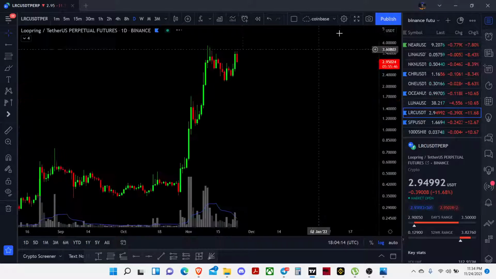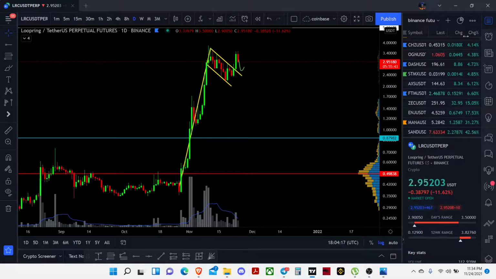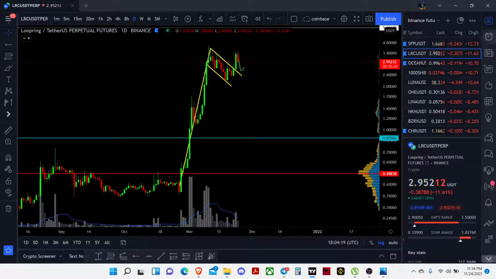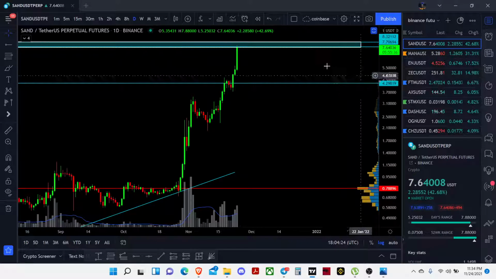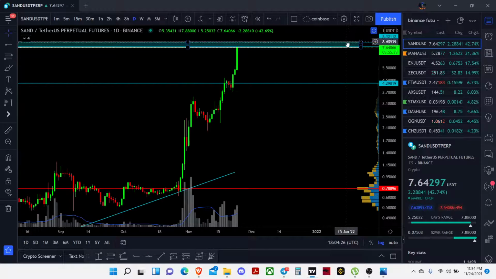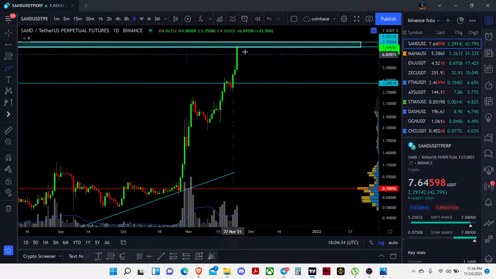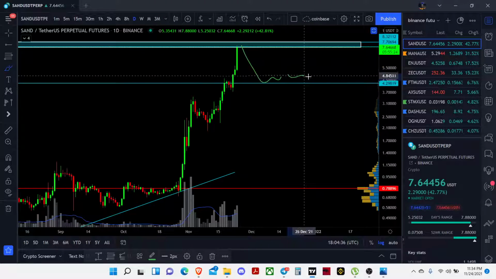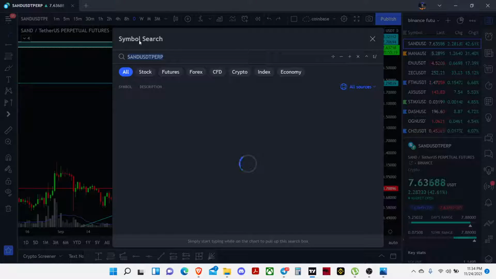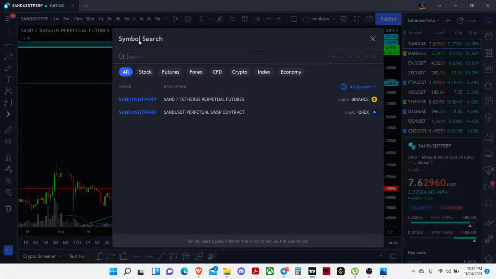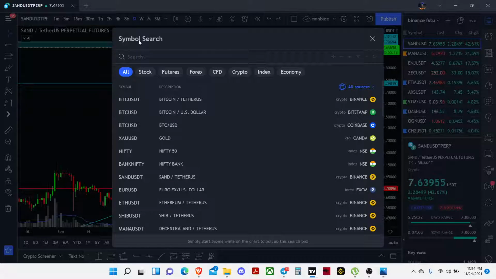The sandbox is pumping non-stop. Yeah, sandbox, amazing pump, man. Sandbox, when will you stop the pump? So I think the pump may stop at the $8 to 8.4 within that range. So this is the local top for the sand. So that we can see a little bit move back and the consolidation, and after that a move again because the metaverse trend can last long. Yeah, this kind of projects is coming with a lot of updations each and every day, so that makes the people really bullish about that projects.